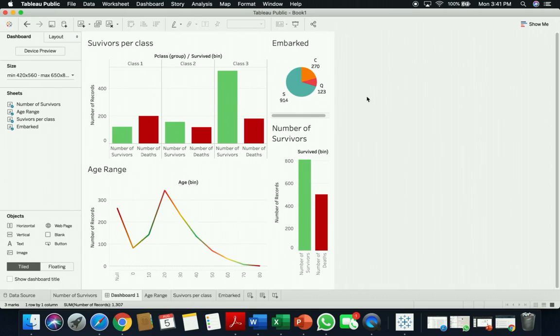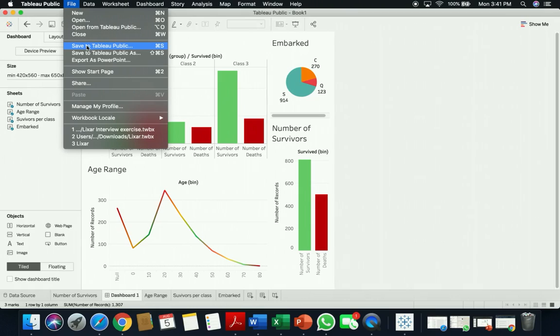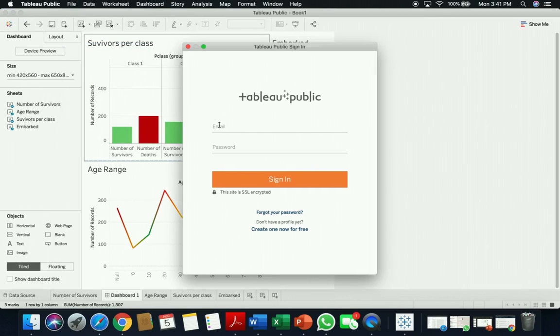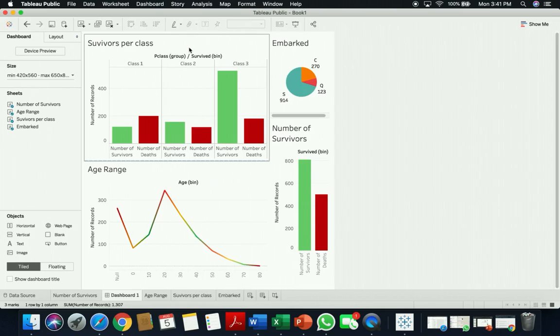So to save your information, all you need to do is to go to File. So you can save to Tableau Public, obviously, as you cannot really download this worksheet. All you can do is to save it to Tableau Public, and to do that you have to have an account with them. So you see it will pull up for me to put in my email address and password. It's a free account, as they mentioned. Create one now for free. You can just create an account to be able to publish your visualizations there. But if you don't need to